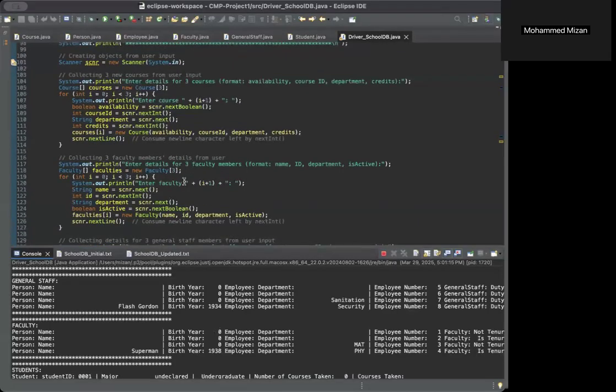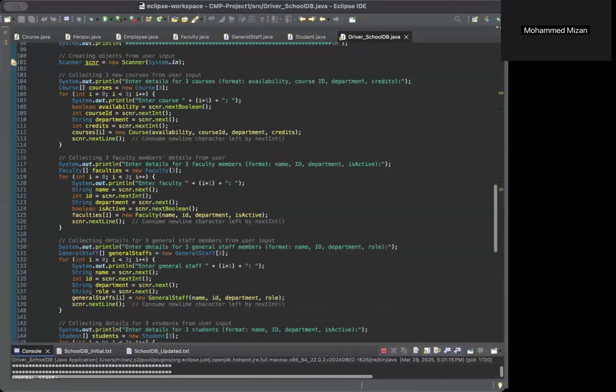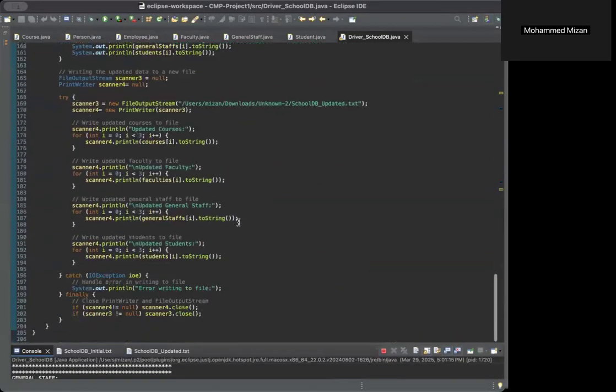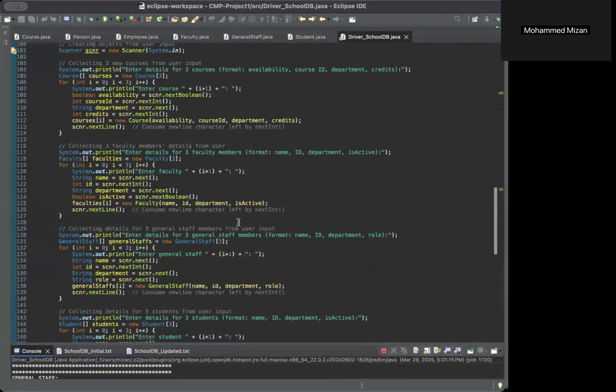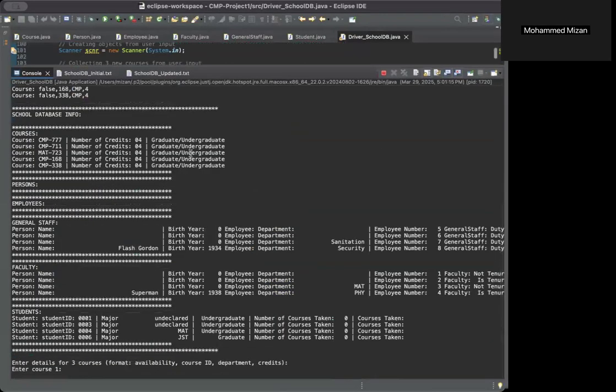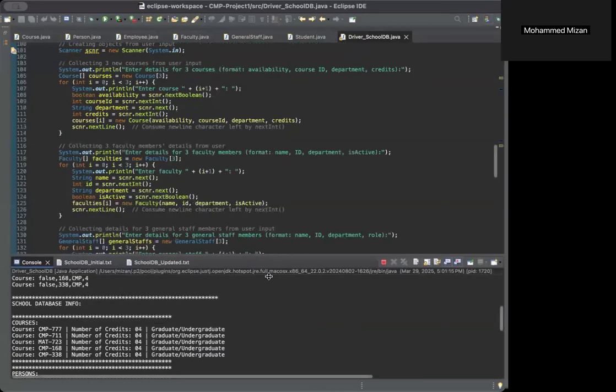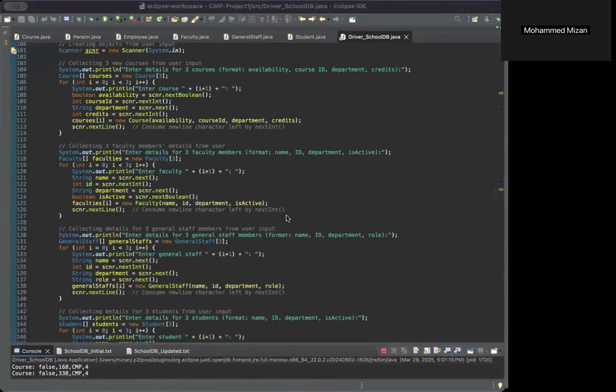Now we get to the best part of this project file, so I can explain a little bit more. After that, when we get this, we're going to get this part here. In the project it says create a menu that will interact with the user to do the following: